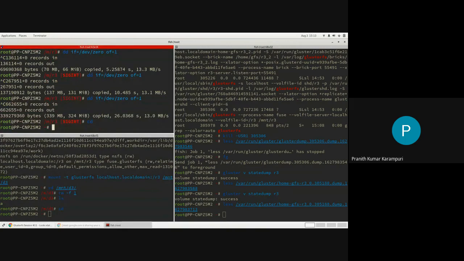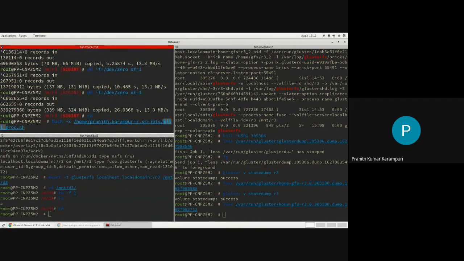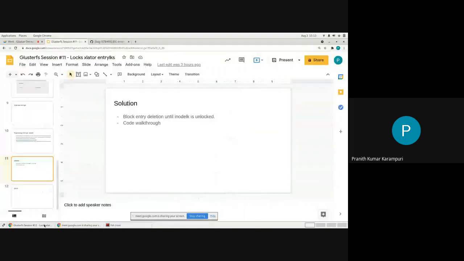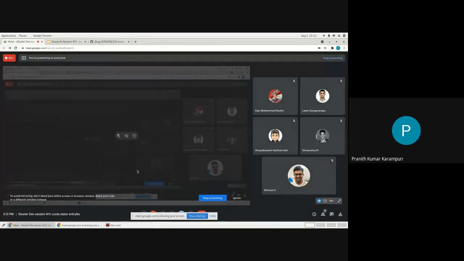Yeah, so I think this is what I wanted to cover in this. This is a shorter lecture because the bulk of the things were covered in the last session itself. Next session we will be covering POSIX locks. That is a little bit bigger, and even the way it operates is a little bit different. So that should be a bit more informative and probably a little bit longer than this. But yeah, this is all I had for this.